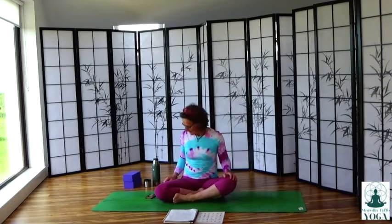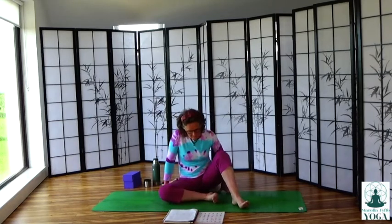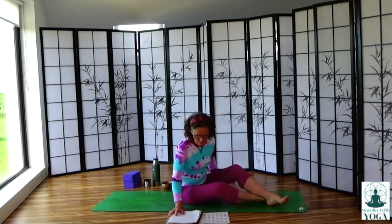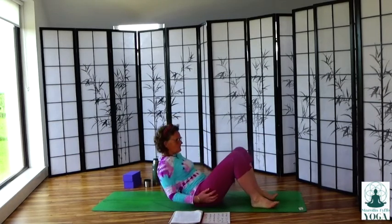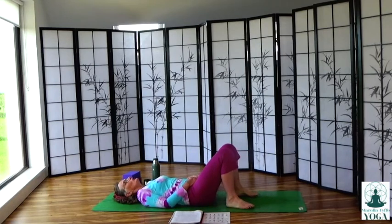Okay, make your way to lying on your back. And we're just going to do a little bit of breathing. So place your heels in front of your hips and place your hands on top of your belly with your palms facing down. Bring your thumbs together, bring your index fingers together, point your index fingers towards your pubic bone, point your thumbs towards your navel,